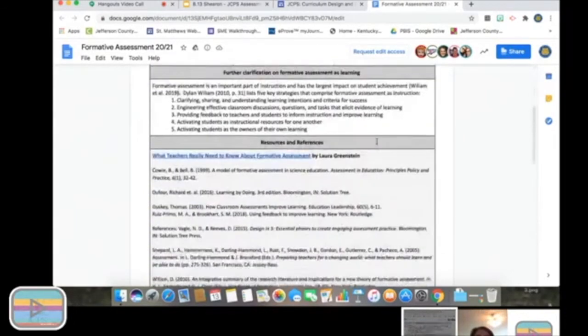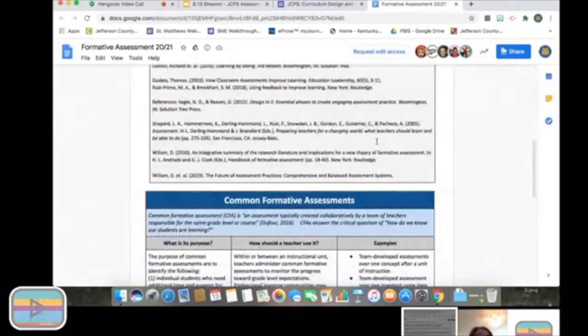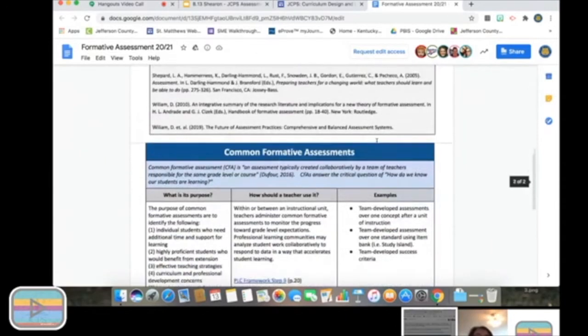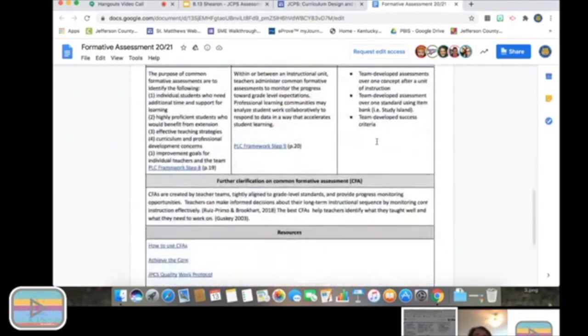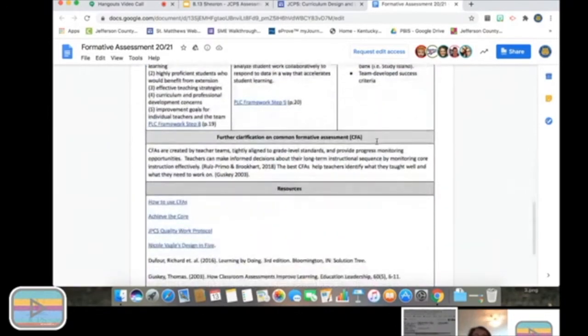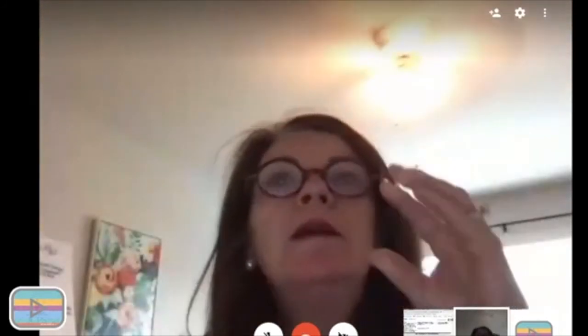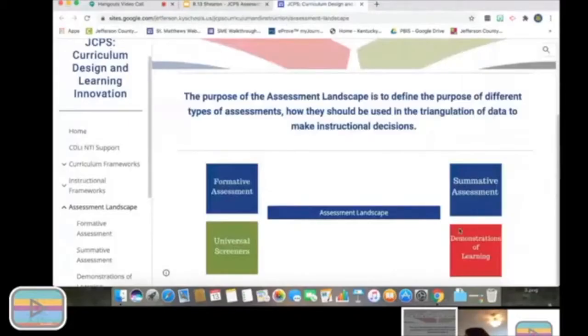No, just how with the 5 essentials for JCPS, the student assignment protocols will be really key in, like we're designing the assignments, then we're formatively assessing them, but also using that quality work protocol as part of formatively assessing that student work against the grade level standards. Perfect. Okay, we go to summative assessment.